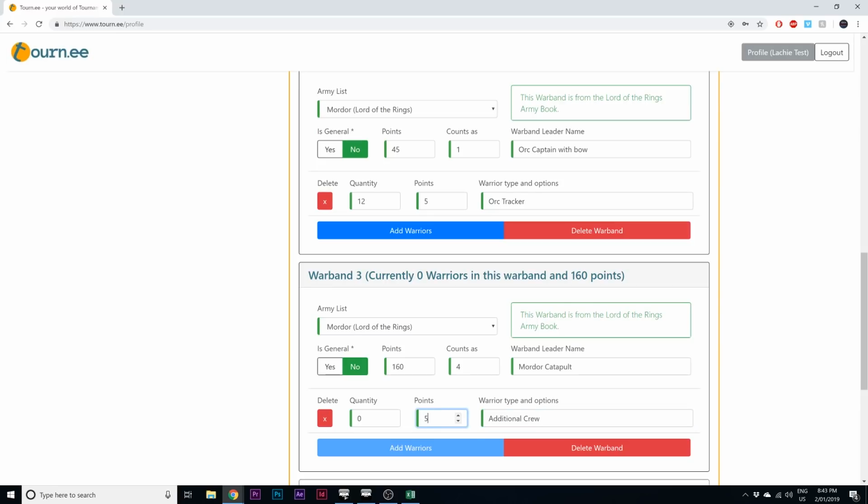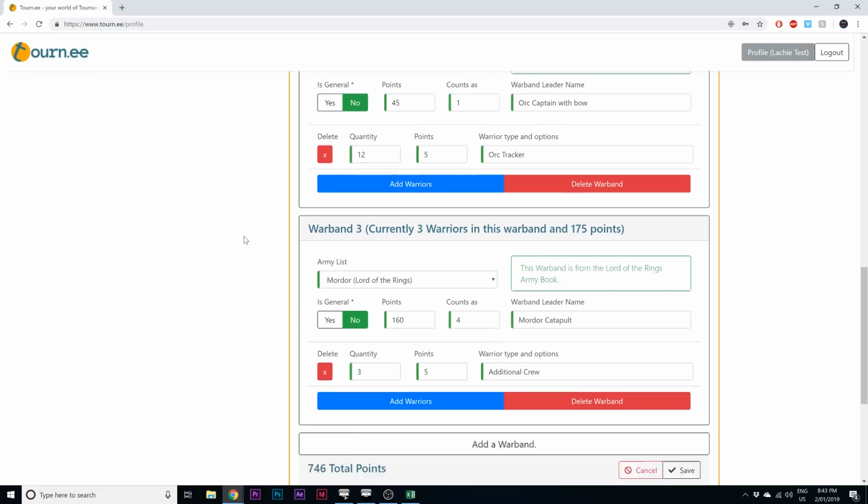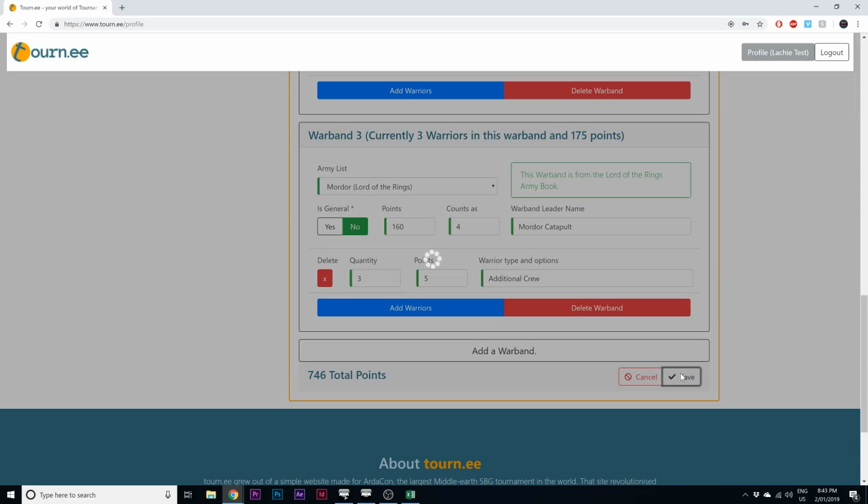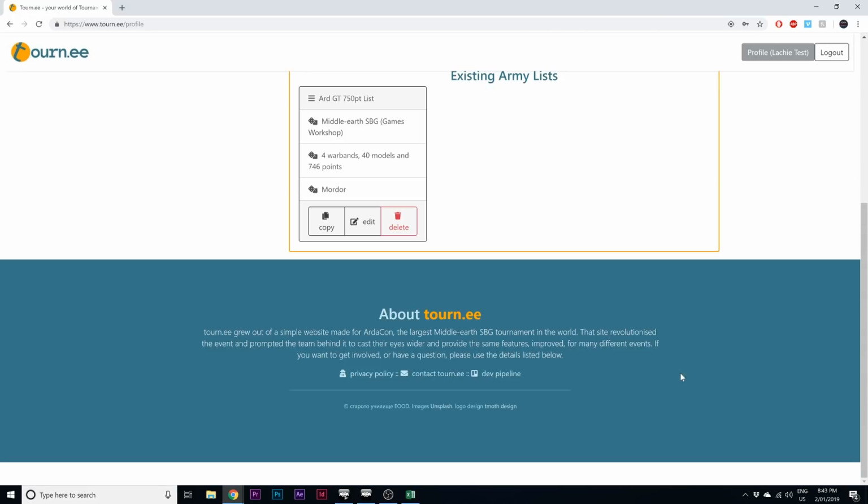So that is going to come out to 15 points, and the total warband is now going to come out to 175 with 1 troll loader and 6 orc crew. And you can see that the total cost of the army has come out to 746 points. So we're going to save that, and then that will bring us back to your list screen on your profile,